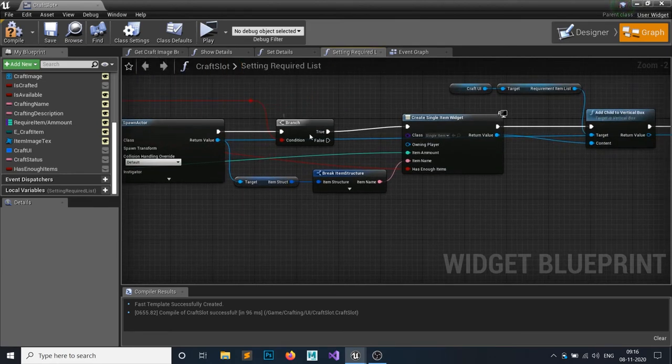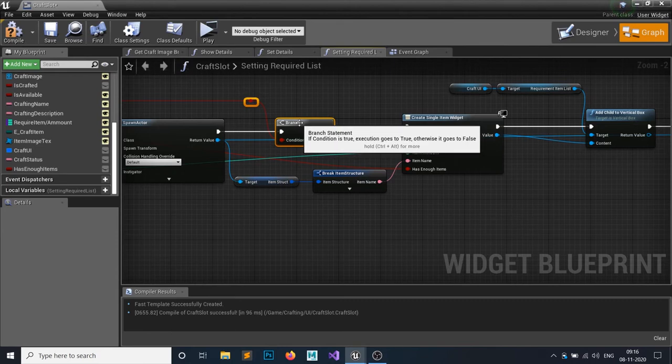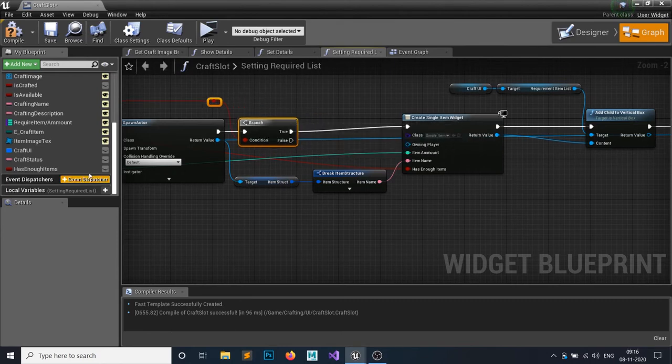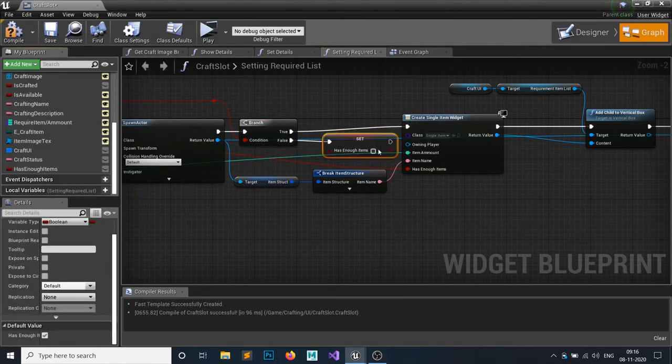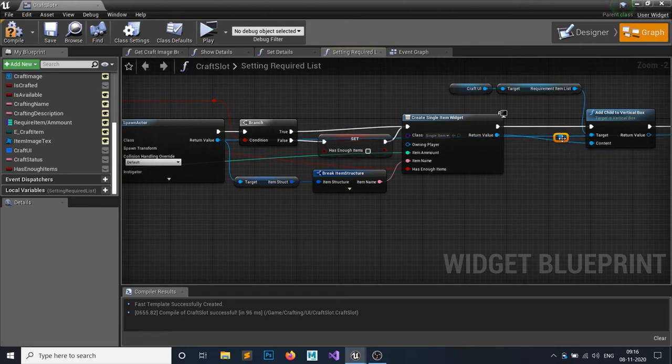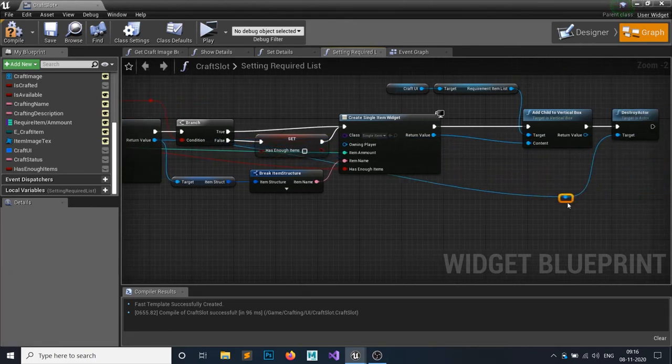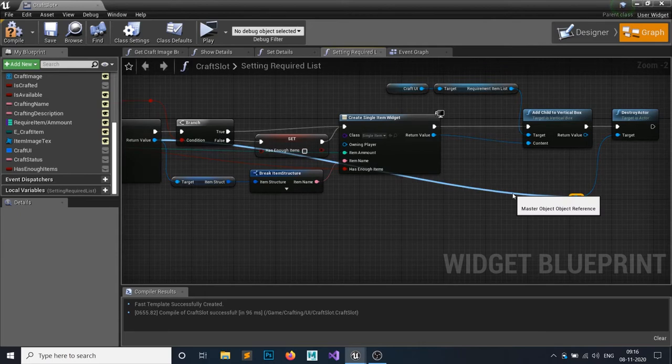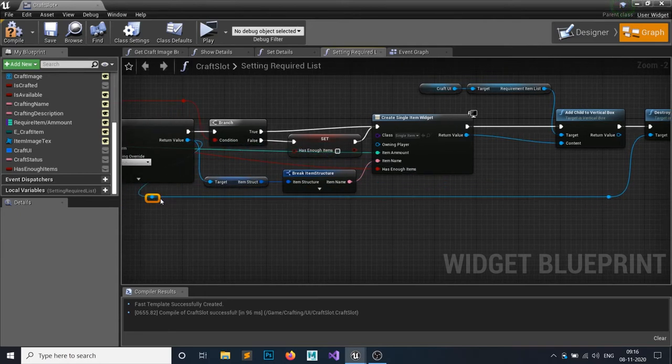But if it's false, then I want to set has enough items to false, and then I want to follow the path. This looks so messy, so I will just double click to add a reroute node. So, okay,